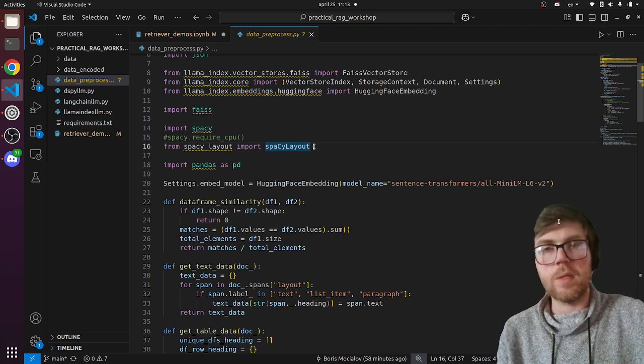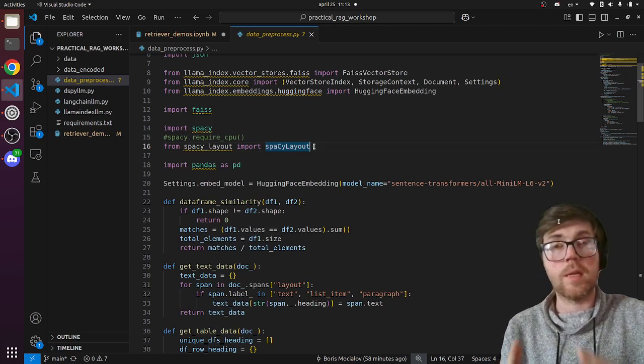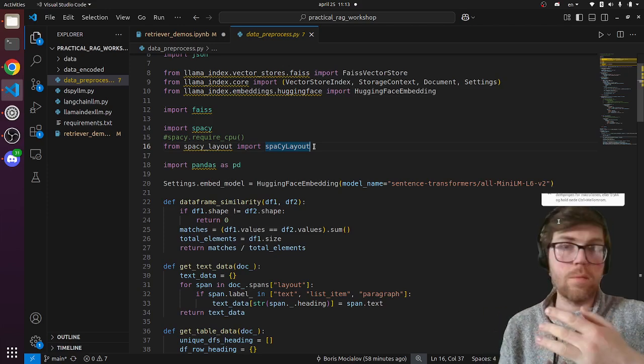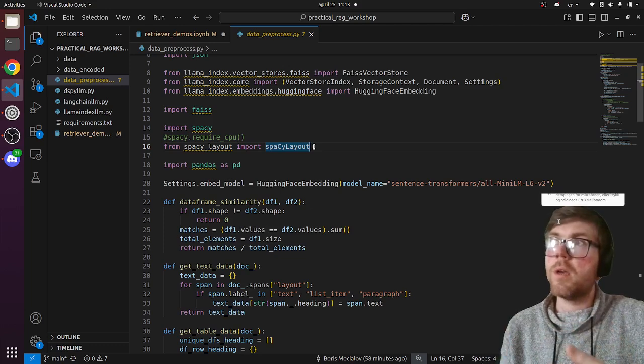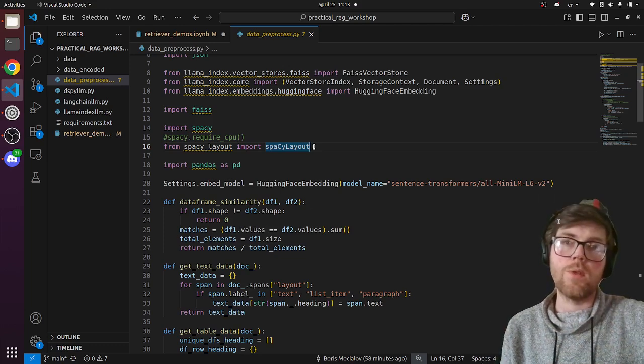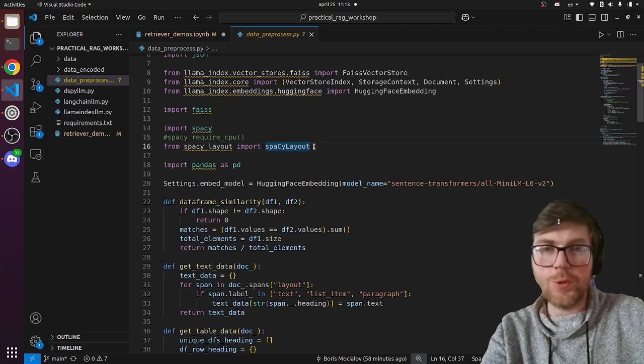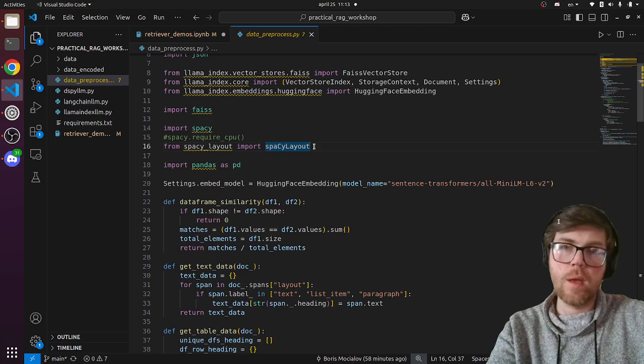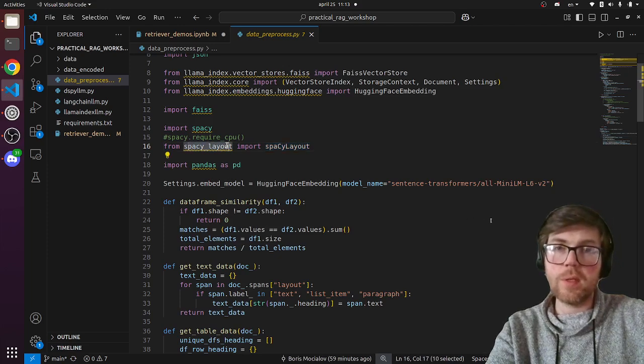So if you have a PDF, spaCy Layout can detect sections, paragraphs, headers, find images, find tables in your documents, which makes it much easier to use such a library rather than do it yourself. So in this case, we're using spaCy Layout,